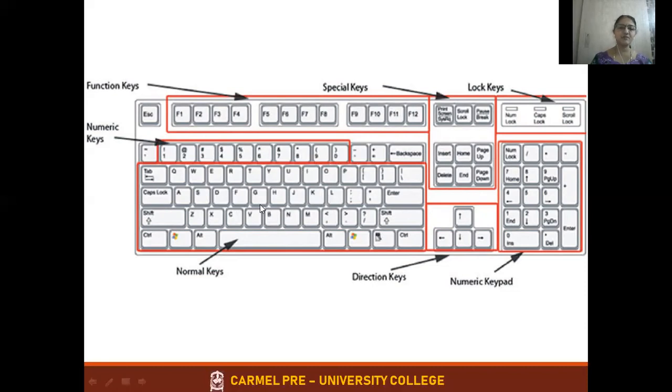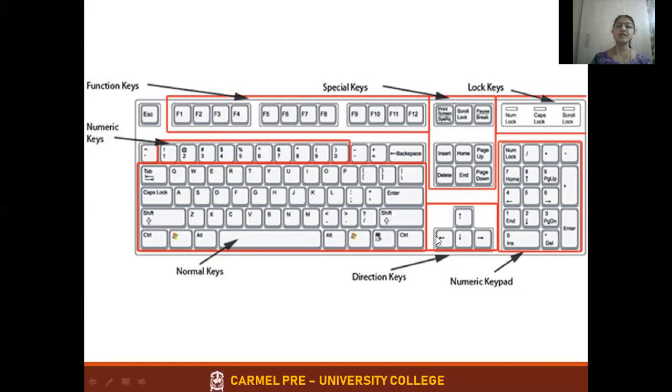So these are the alphabet keys and numeric keys, and these are the special keys. They are given as normal keys. These are the special keys: space bar, shift, control, caps lock, tab, enter, shift. Here also you have alt and Windows startup and control, and all these buttons are special keys.